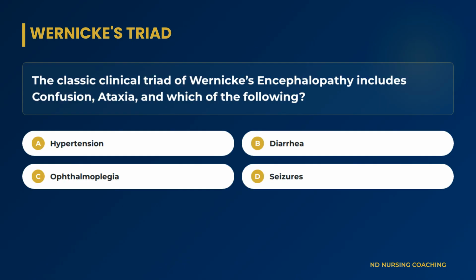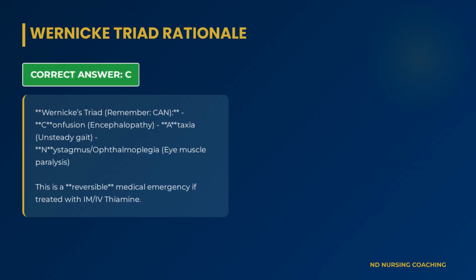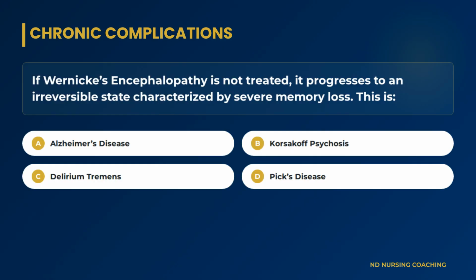Focusing on the Wernicke's triad, which set of symptoms constitutes the classic triad of Wernicke's encephalopathy, a severe complication of thiamine deficiency? The correct answer is A. The classic triad includes oculomotor dysfunction, ataxia, and confusion. Treatment involves immediate high-dose parenteral thiamine to prevent progression to Korsakoff psychosis. Looking at chronic complications,